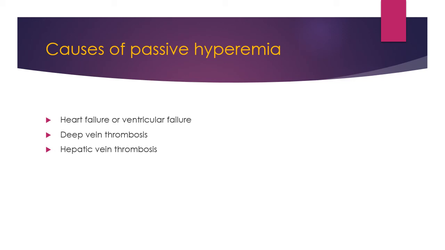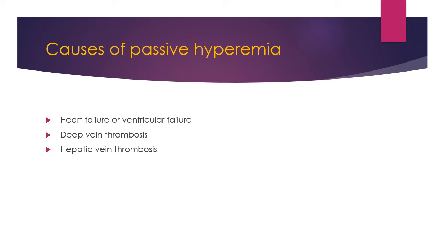Another cause is deep vein thrombosis. Deep vein thrombosis is caused by a clot in one of the deep veins. The clot often forms in your lower leg. The clot can break free and get lodged in a vein in your lungs, called a pulmonary embolism. One small clot is divided into many parts, which travel into your capillaries and form an embolism. Embolism is also one of the circulatory disturbances.